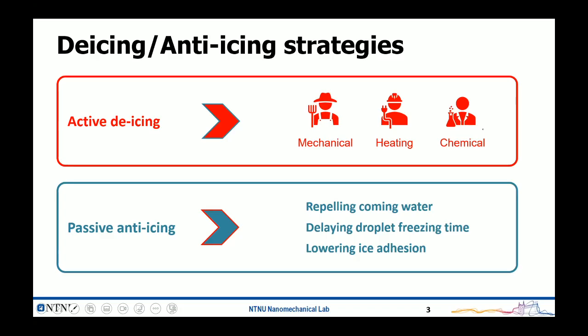But think about the 6 or 7 months of winter in Norway. Anyway, water will condense on the surface, and in this long, cold winter, it will form ice. So probably the reality is that we have to deal with ice, but with the lowest ice adhesion. If we have a coating surface that can easily remove the ice by its own gravity or by natural wind, that's also a win case.